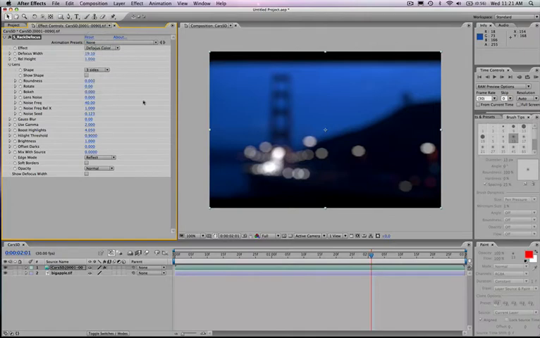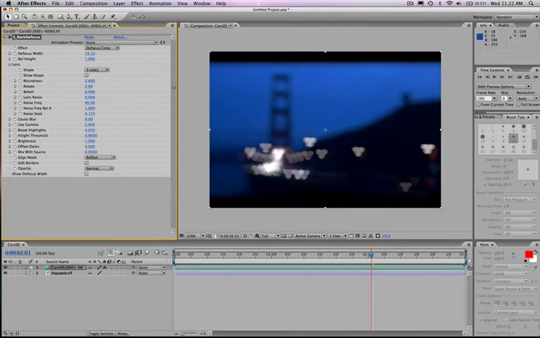Let me just go back to 3 sides here for the triangle, just to show you some of the additional controls you have over the movement and the shape of the lens. I've got my lens rotation, so I can go ahead and actually adjust the rotation here to animate that if I want to go ahead and have that dial around. You can see it's very, very responsive here. I've got the roundness, so I can start further tweaking out the shapes. And as I adjust the roundness, you can see you're getting some pretty radically different shapes here just from the